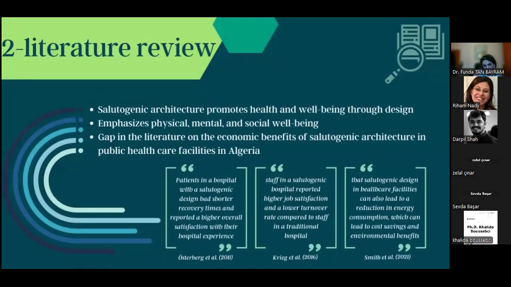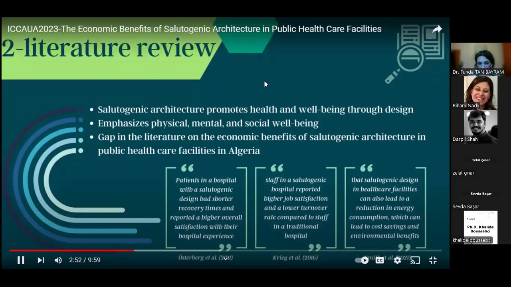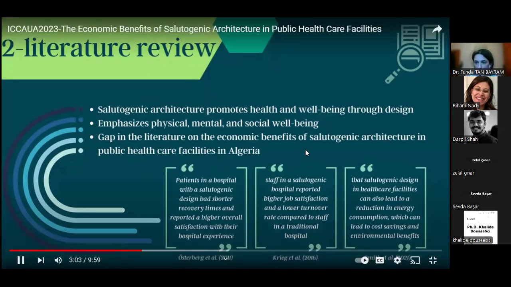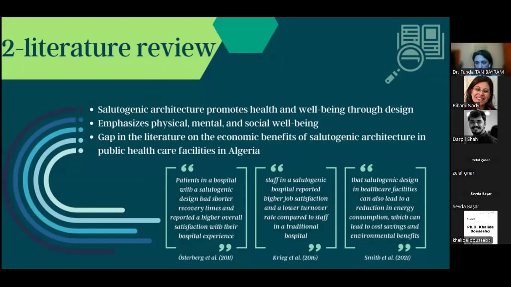review. We have summarized the key points on salutogenic design principles in healthcare facilities, which is an approach that aims to promote health and well-being through the design of the built environment. The literature highlights several key elements of salutogenic architecture. First, the incorporation of natural light, then providing accessibility to nature through green spaces and views of nature, also the positive and healing atmosphere, and flexibility and adaptability are also key principles. And lastly, salutogenic architecture aims to foster connection and community by providing spaces for social interactions, communal areas, and